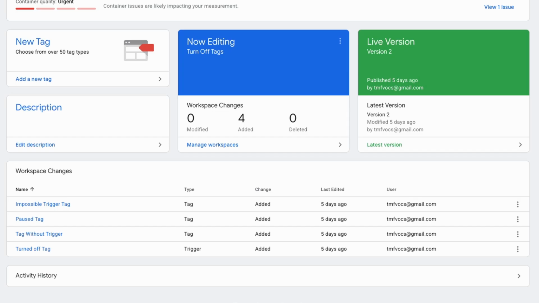You see a tag that should not fire anymore, but you want to keep it for future use, and the question hits you immediately. Should I pause it? Remove the trigger? Use one of those impossible triggers? All three work, but only one is the right choice depending on the situation. In this video, I'll show you which option to use, when to use it, and the mistakes that quietly break